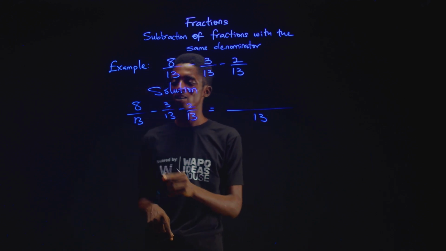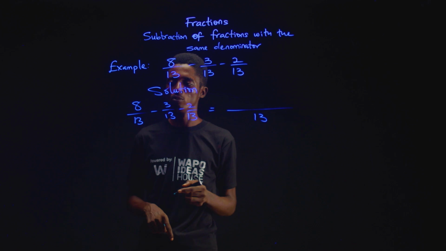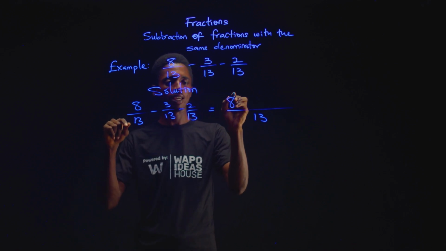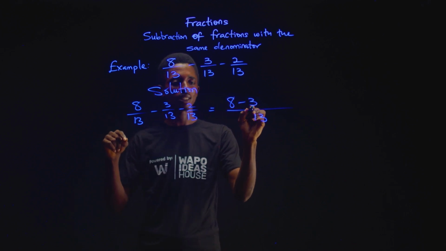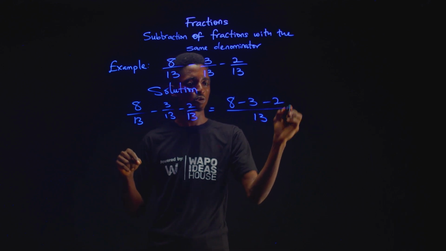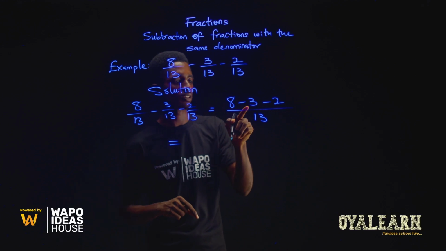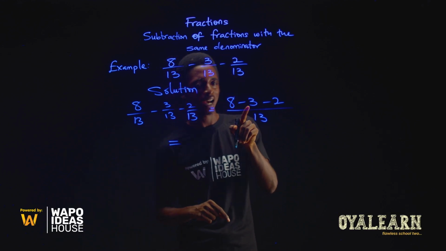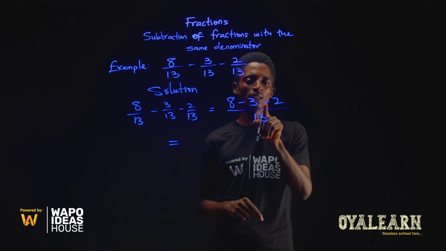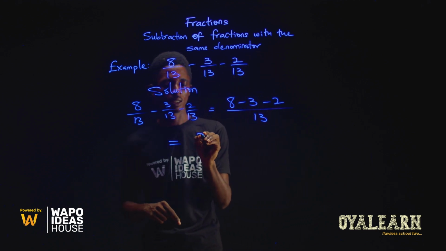And then we perform the arithmetic subtraction of the numerators. Here we have 8 minus 3 minus 2. Now, 8 minus 3 will give us 5, and 5 minus 2 will give us 3